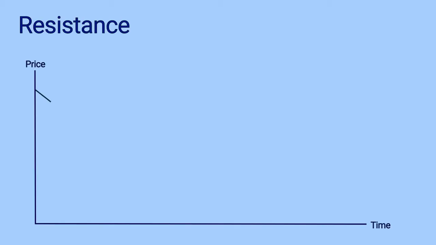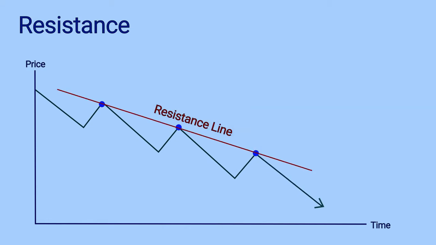Similarly, in a downtrend, when the prices are falling, after that there is a pullback, and during the pullback at a certain point the supply and demand of the stock or the commodity are matching, and after that the selling pressure increases and the price falls again. After a substantial decline again there is a pullback, and at a certain point after the pullback, when the supply becomes higher than the demand, the price falls again. So these zones where the pullback ends are resistances, because price fails to go above that zone.